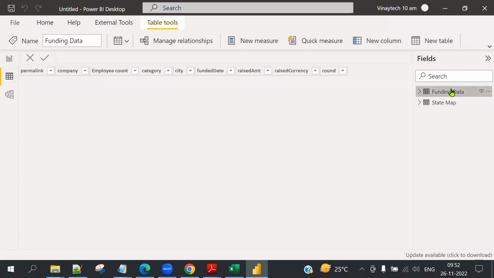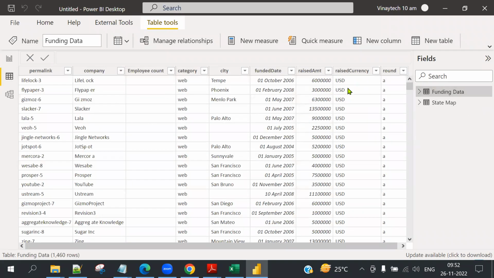First, this is funding data. At the Excel level it will look good. But when it comes to Power BI, the column headings may not be proper. If you see our business situation, when you take many tables into Power BI, they do not have proper column headings. So don't think that because your input data looks good, it appears the same way in Power BI. Power BI may not recognize it properly sometimes. So this is looking good, but a couple of changes are required.